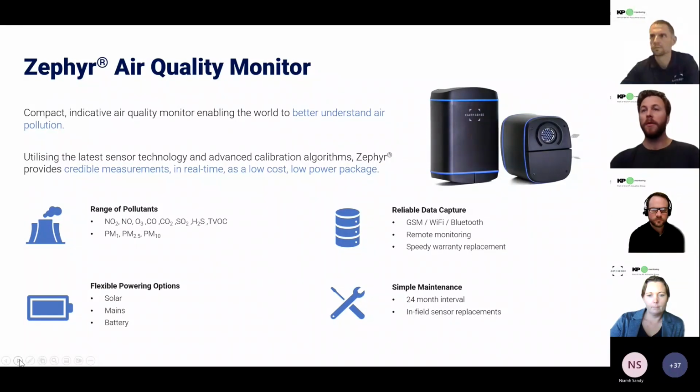So a quick run through of some of the features. We cover a range of pollutants. Today we're talking about particulates, but we also cover a range of gas pollutants. The system itself comes with an internal battery, and that battery will sustain power for anywhere between 3 to 7 days on the instrument. For long-term measurements, we advise on a continuous power option, and something which we're really proud of is how flexible we are on this. We can supply a solar panel, which with right siting will power the system year round.